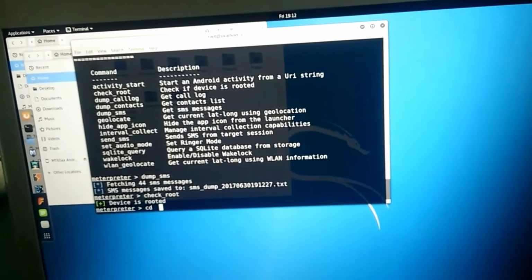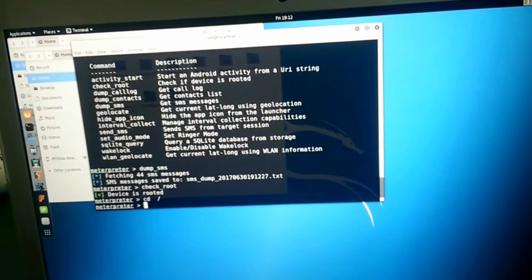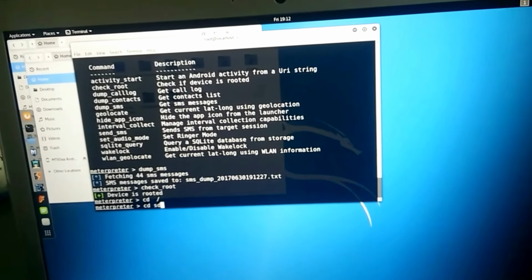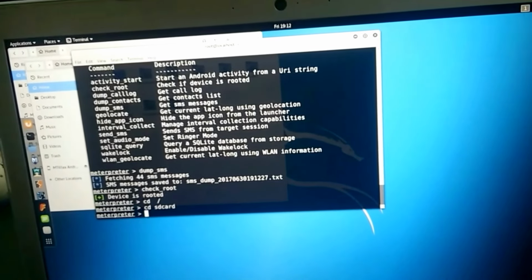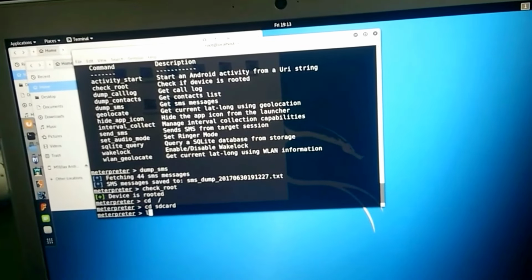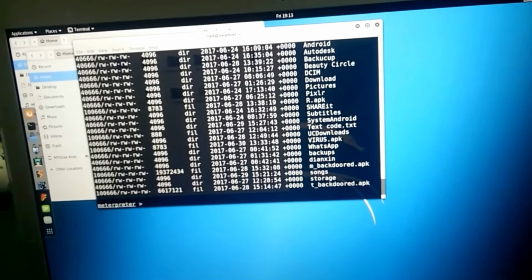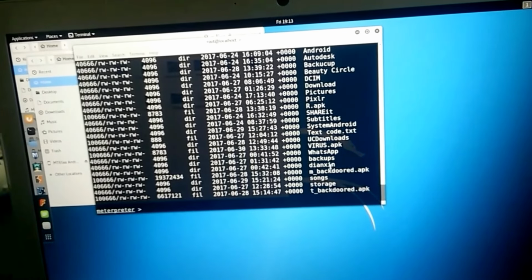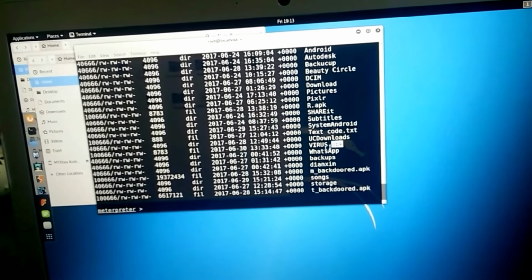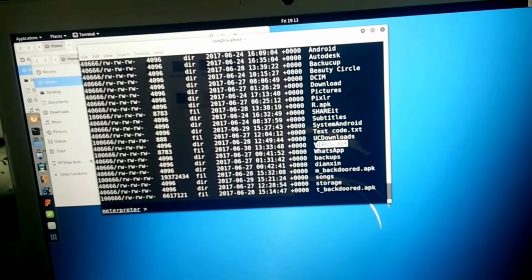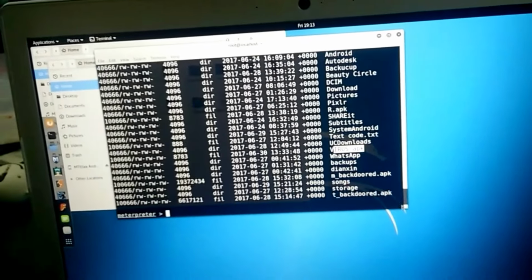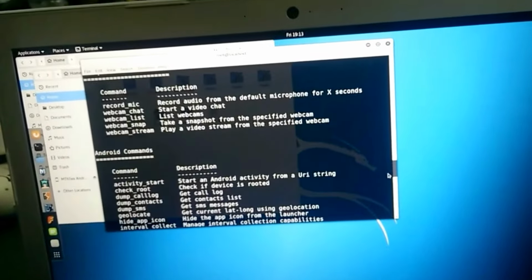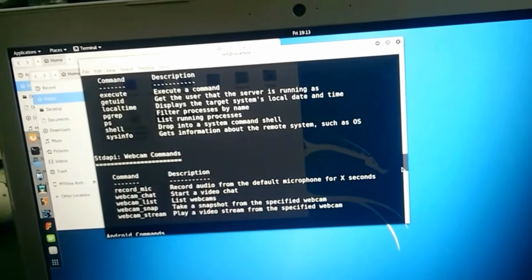You can also navigate through his SD card without his permission. For example, I am going to his SD card, cd sdcard. cd, as I said earlier, is the change directory command, and sdcard tells you the directory. If I list his SD card, you can find all the things which are present in his SD card. See, the virus file which I sent him is also present in his SD card. Now, you can download anything from his SD card or even send any other virus file to his SD card. This video is only for educational purpose.